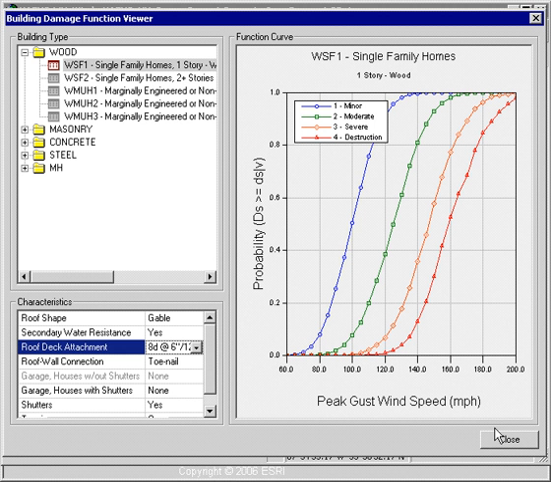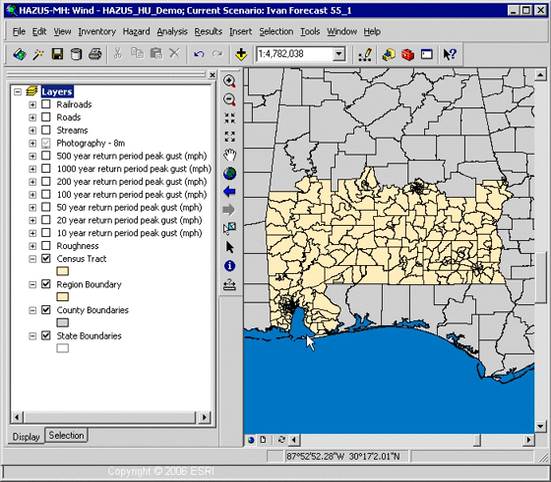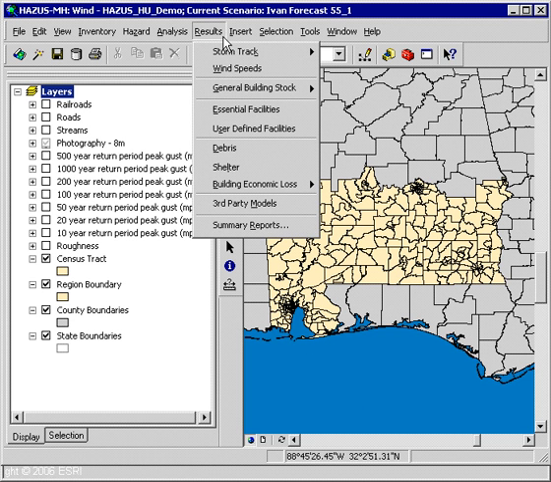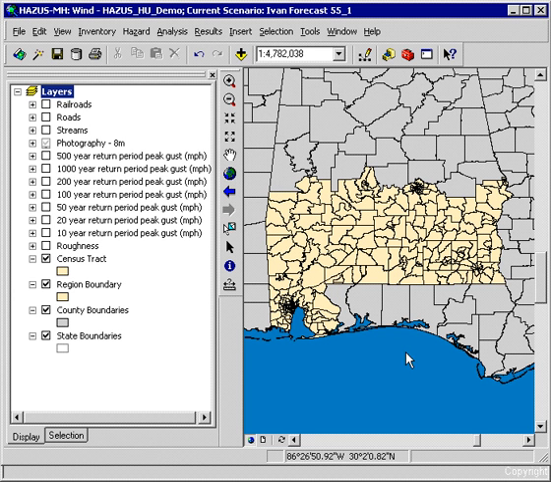Let's go ahead and close this damage function viewer and take a very brief look at our results menu. Under the results menu, we're able to determine what we expect might happen to our community if the type of disaster that we're describing to the model were to take place. Now, in the next section, we're going to look specifically at output from a major hurricane model that might take place within this area, and we'll explore this results menu in considerable detail at that time. For now, let's go ahead and switch back over to our